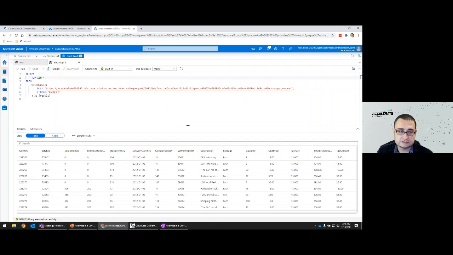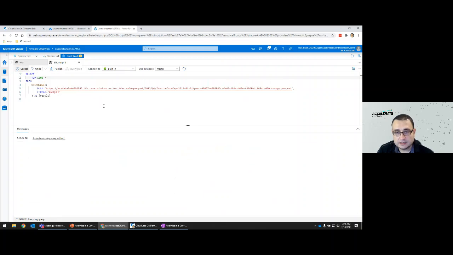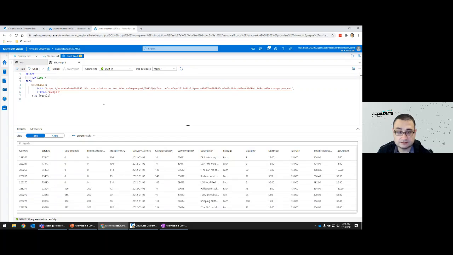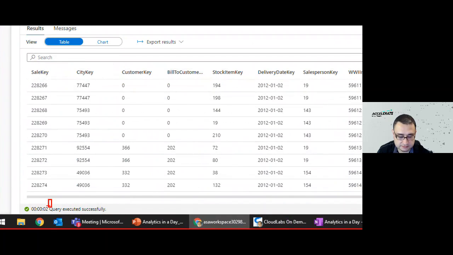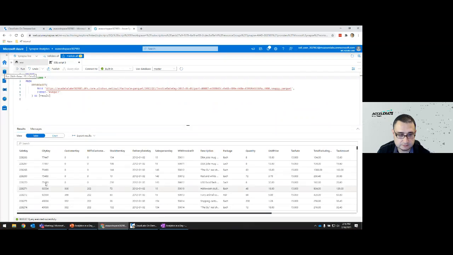And here we can change this to top 1,000. Let's run that again. Now we should see the top 1,000 records. Even with 1,000 records, the performance is very quick, sub-second performance. That shows you how to very quickly select data from file-based storage.